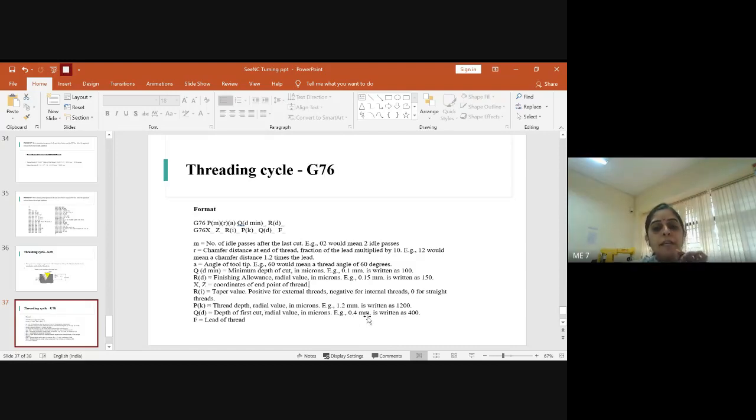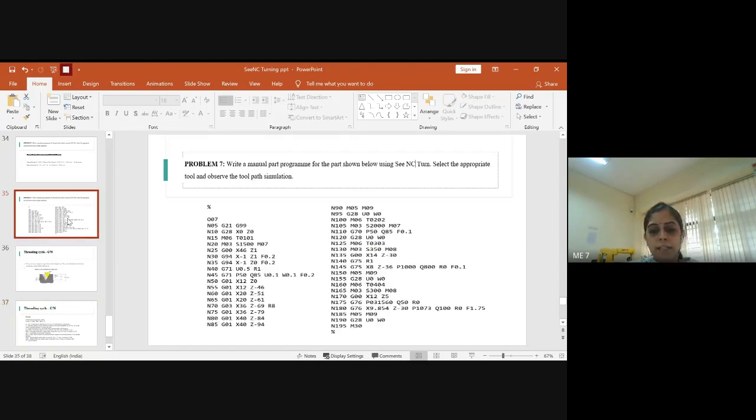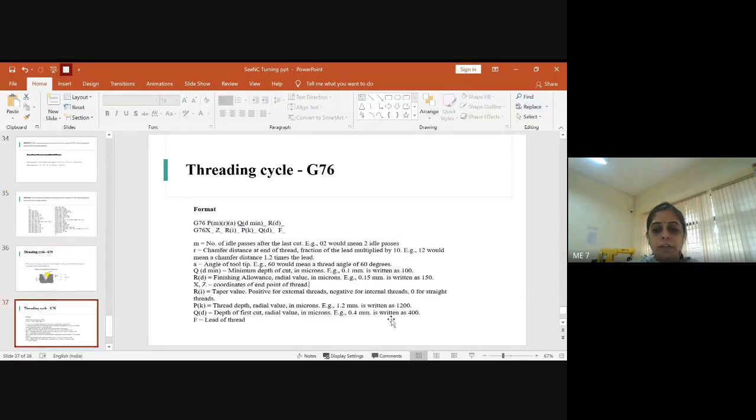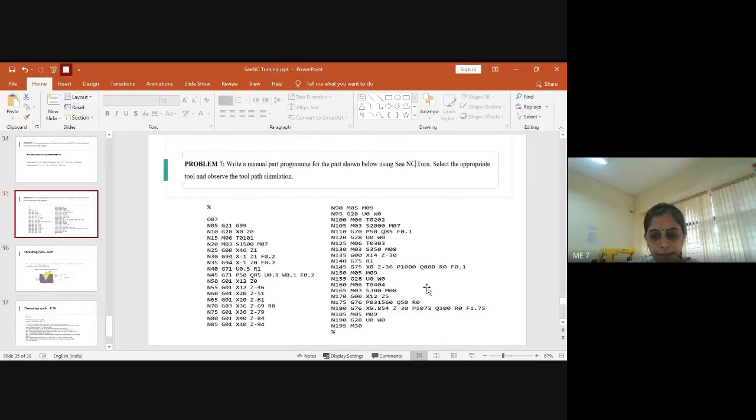But if you write the same thing in the program, you will go wrong. Always while writing in the program, you should see that it is converted into microns. So if you are taking the first depth of cut as 0.4 mm, kindly write it in microns, or else it will show you a syntax error. Here it is 0.5 mm that we have taken.